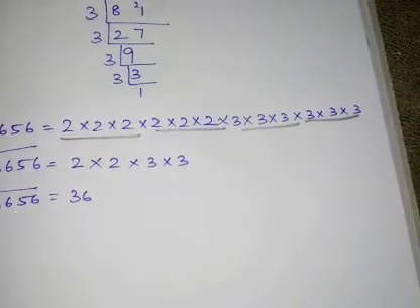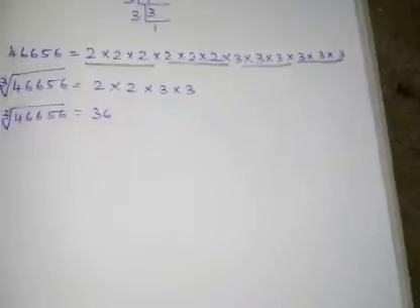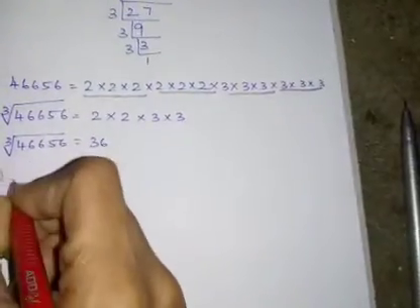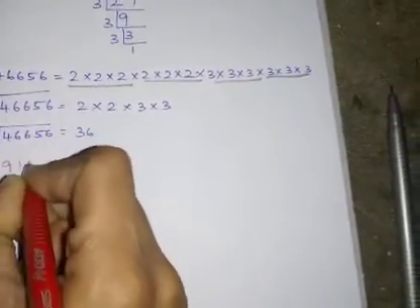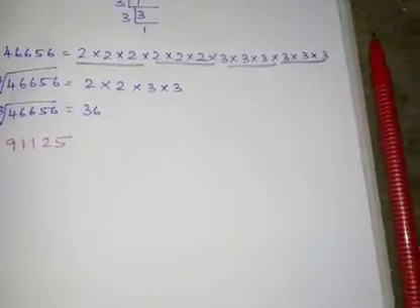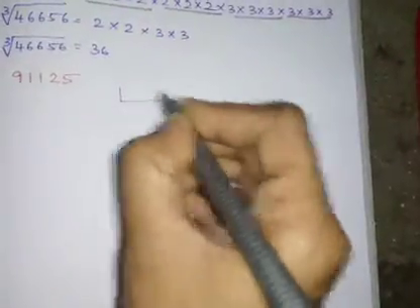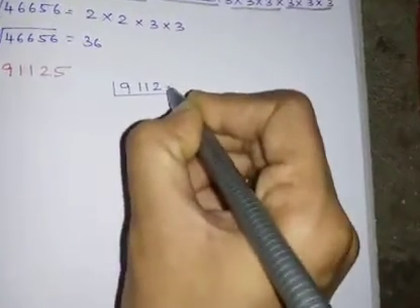Okay, your 9th problem is your homework. Okay, 9th problem, it is a 6-digit number. Next is your homework. Next is your 10th problem. Yes, what is the 10th problem, children? 91,125. I am writing this number. You should find the prime factorization.